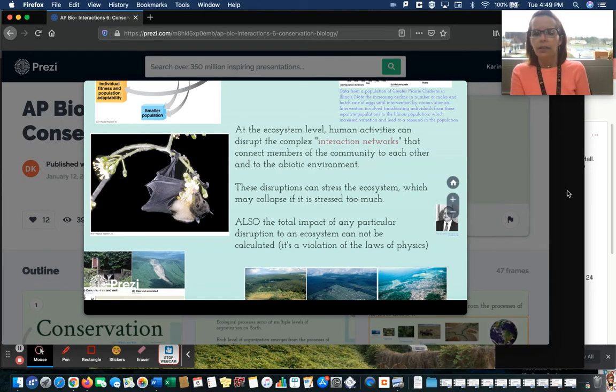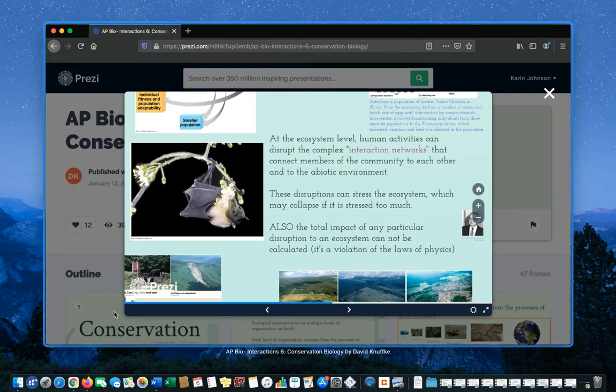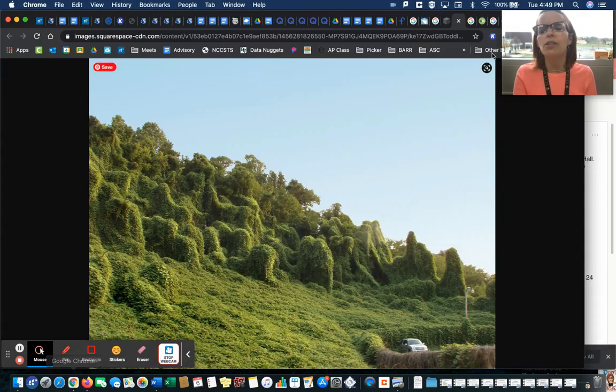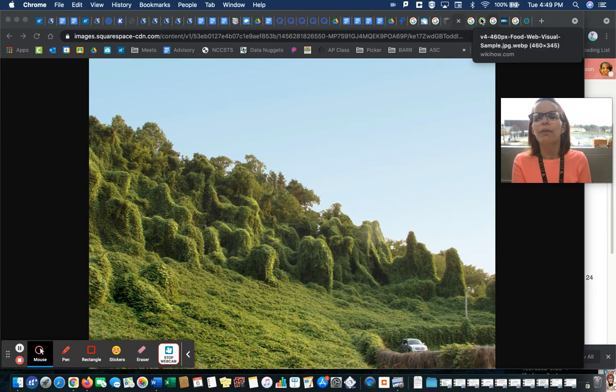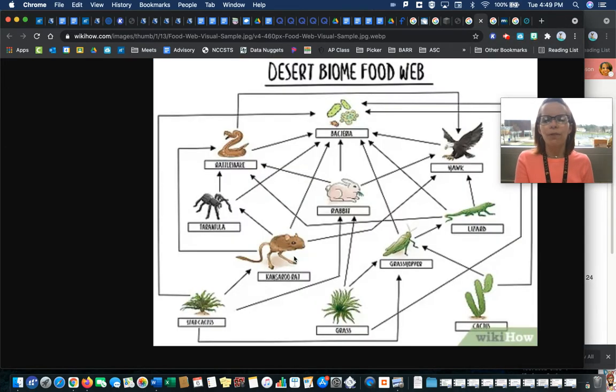Give me just a second. I want to show you a food web. I gotta find it. It's always tricky to find my tabs and everything, everybody. So I'm going to show you just an image of a food web. Where'd my food web go? Deer moose range. Oh, that is so good. I love that one. There's my food web that I was looking for.